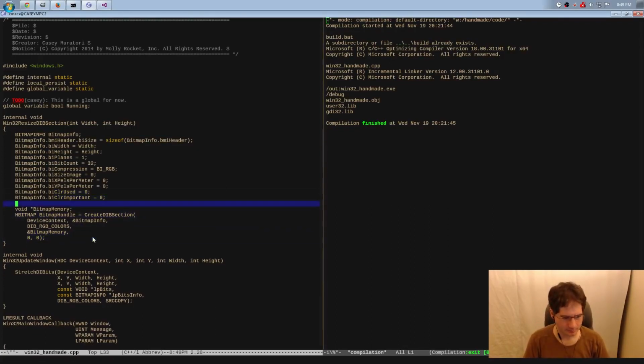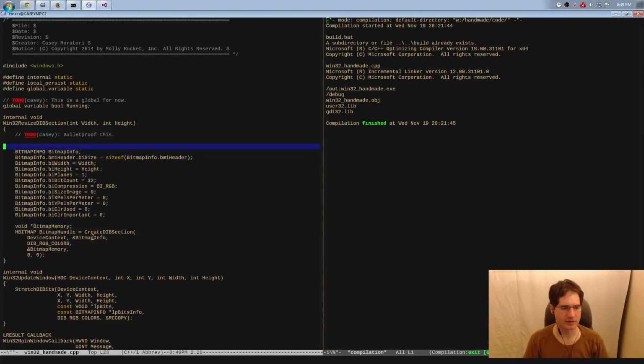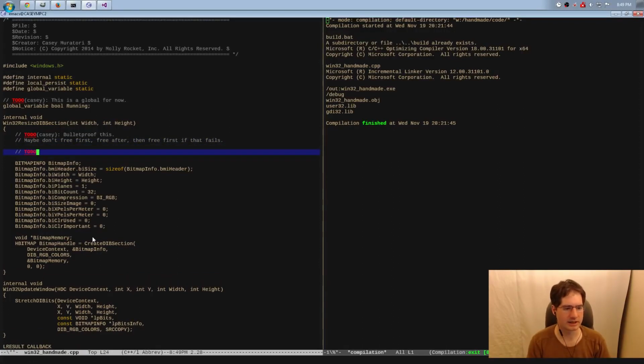So you know what? We're going to put a to-do here, and we're going to say bulletproof this, and we're actually going to just do a straight up free first. So basically what we'll say is bulletproof this, maybe don't free first, free after, then free first if that fails. Maybe we'll give that a shot a little bit later just to be a little more resilient depending on these circumstances. Okay, so what we're going to do here is basically right here we will free it,